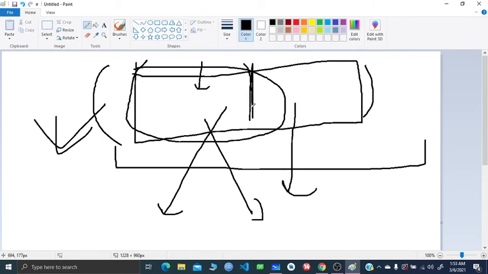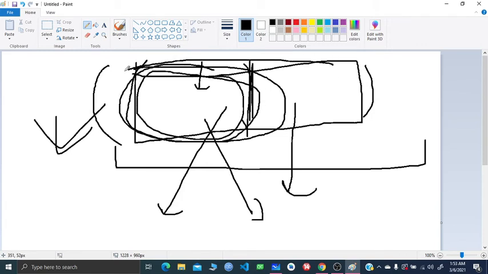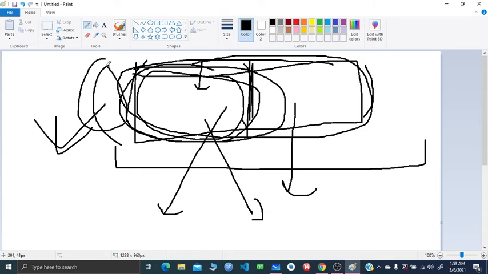If the whole string apart from the first and the last character, if it becomes